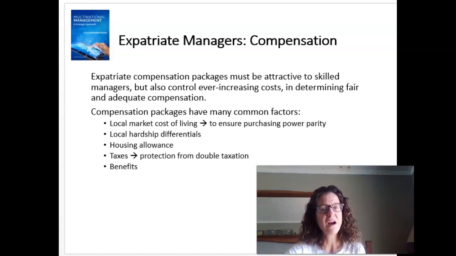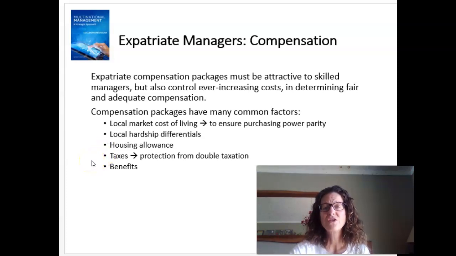Other allowances that are very often added to the compensation package are a housing allowance. This could be a calculation of how much the expatriate pays for housing in the home country, mortgage or rent, and then adding that as a proportion of the compensation package in the foreign country. Sometimes organizations, multinationals, will own housing in foreign markets to house expatriates. Every company will have its own arrangement. But a housing allowance is very often added because in many major cities around the world, housing is very expensive and tends to also be quite smaller than the standard American home.